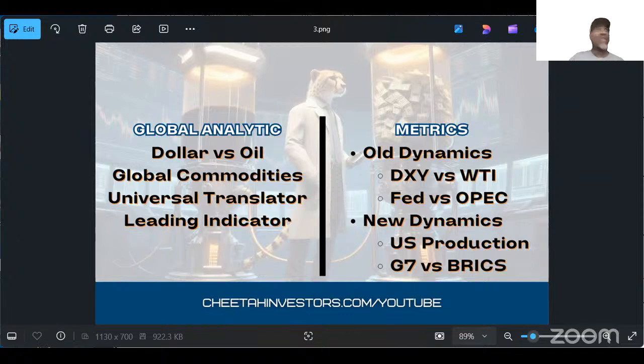99% of everybody in the stock market is looking at financials, charting, and sentiment, and they're missing it. Because we know it was going to happen weeks, months, and years in advance. You tell me something that's more powerful than that. Hopefully somebody on TikTok and YouTube wants to learn this. They want to stop losing their money. They want to stop being lost. They want to stop being confused. They want to stop following other people.